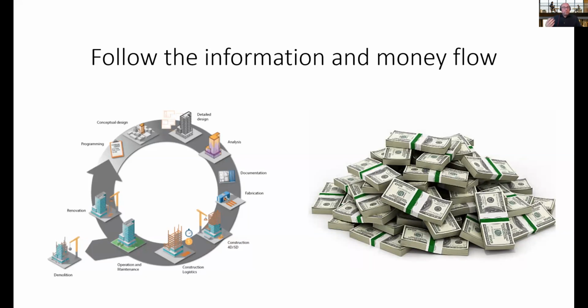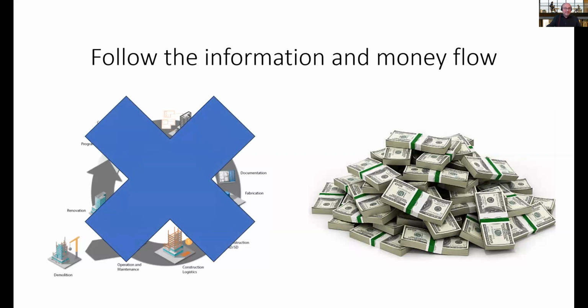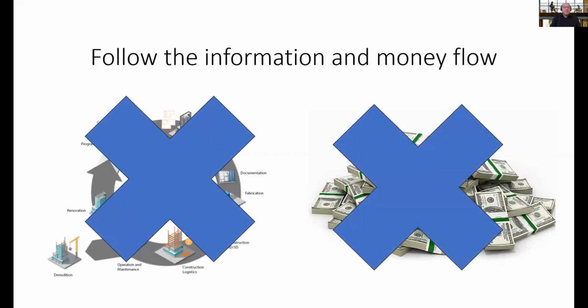So what's the problem we're trying to solve here? The problem is that if you want to call a building sustainable, you need to have a certain amount of information, and then the money can flow towards that investment. But if the information isn't there, the money won't flow to that investment. In short,